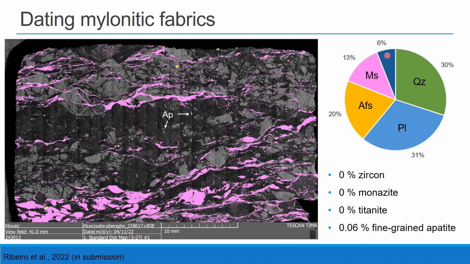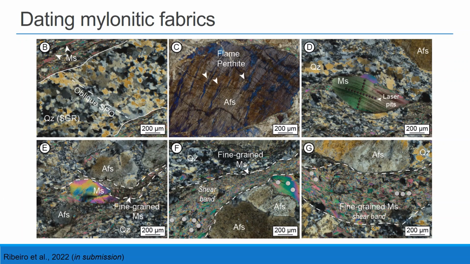And when you think, let's get the crystallization age of this rock, we have literally 0% zircon, no monazite, no titanite, and 0.06% apatite. And they are very tiny. So these are these yellow dots here. So what do you do with this rock? You date the micas. And then when you go for the micas, oh well, the microstructures again, just highlighting the different